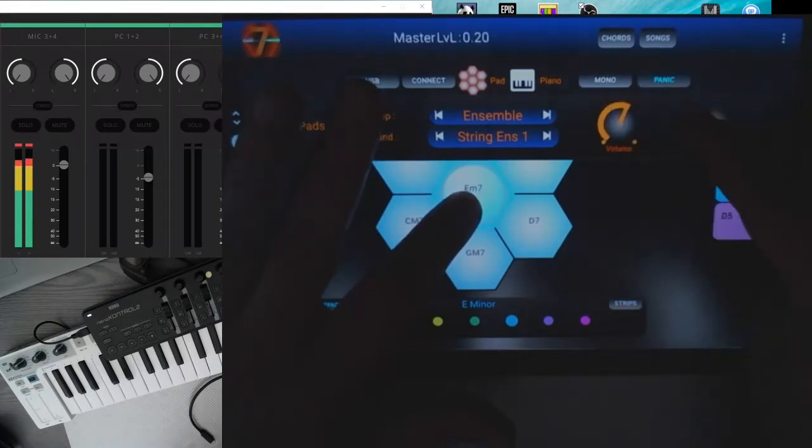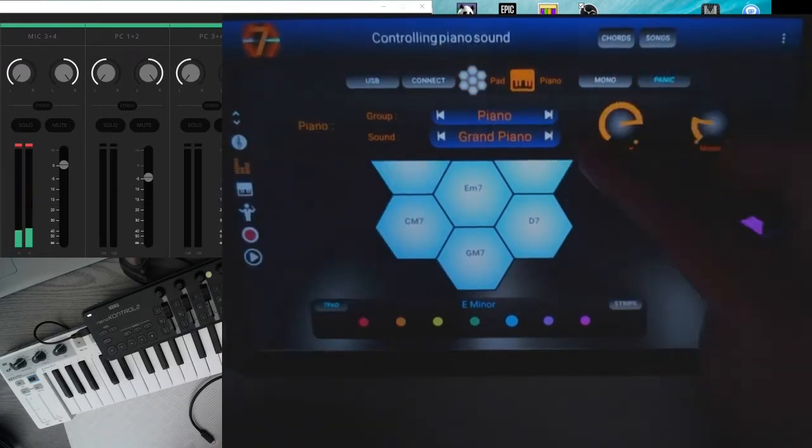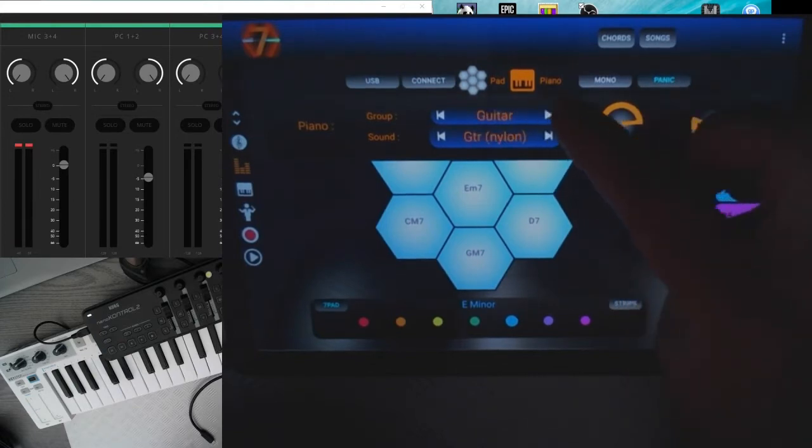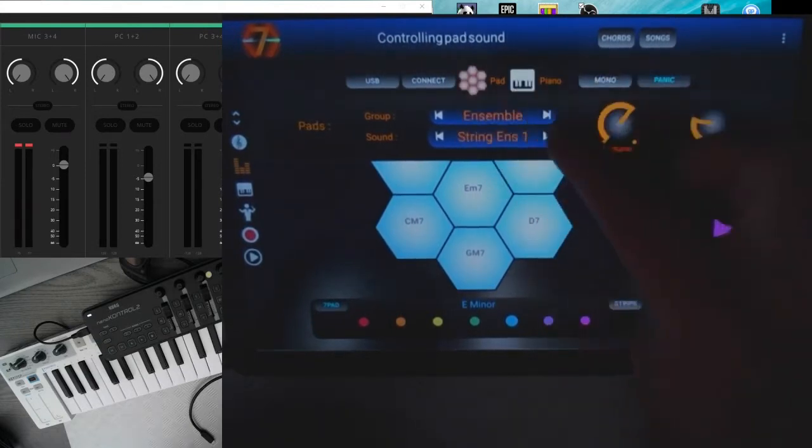You got the general volume, the master one, and you got the sound volume here. You have the same from the piano. I will not show that here, but you can change the piano sound too here if you want. So you got 2 sounds at a time with 7-pad. Okay, so